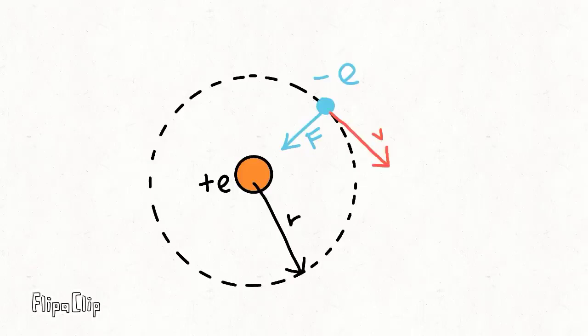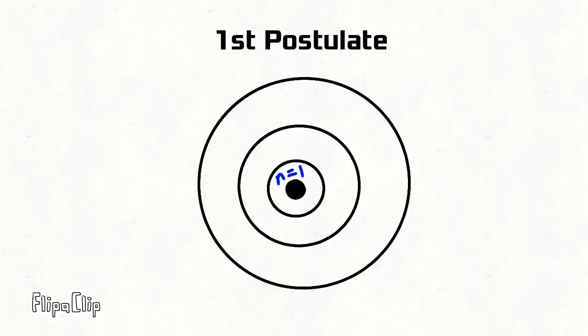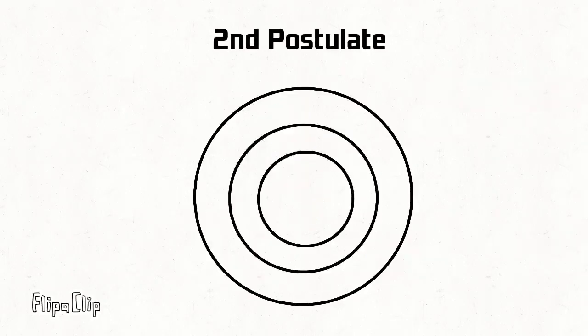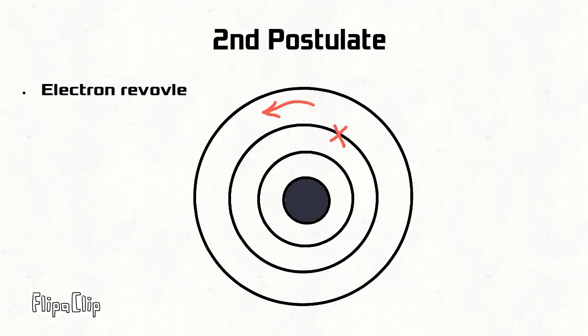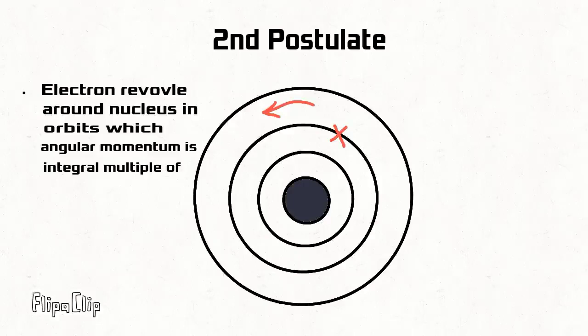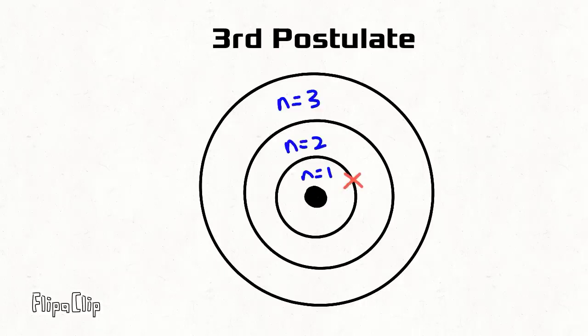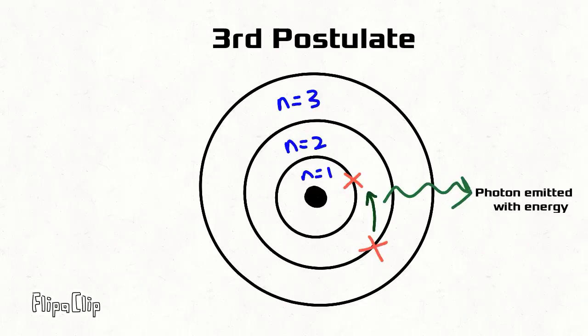Bohr started from the assumption that the electrons move in circular orbits around the proton under the influence of the attractive electric field. So, the first postulate is that only certain orbits are stable. These are stationary states. An electron does not emit EM radiation when in one of these states. Second postulate, the electron can only have an orbit for which the angular momentum of the electron, L, is fixed at discrete values. The orbits are quantized. The third postulate, if the electron is initially in an allowed orbit, i, having the initial energy, goes into another allowed orbit, f, and the final energy is less than the initial energy, then EM radiation is emitted with the energy and the frequency.